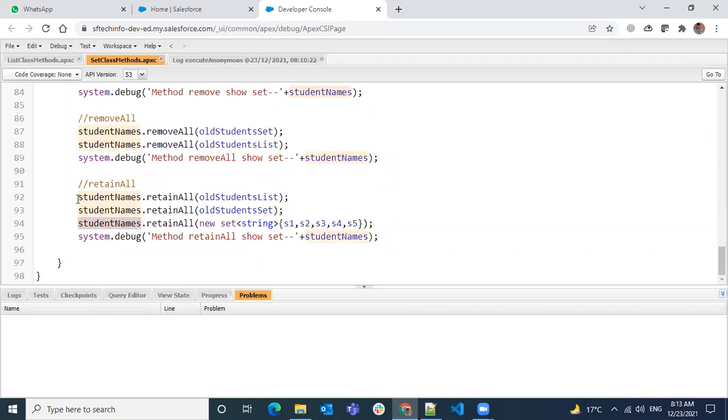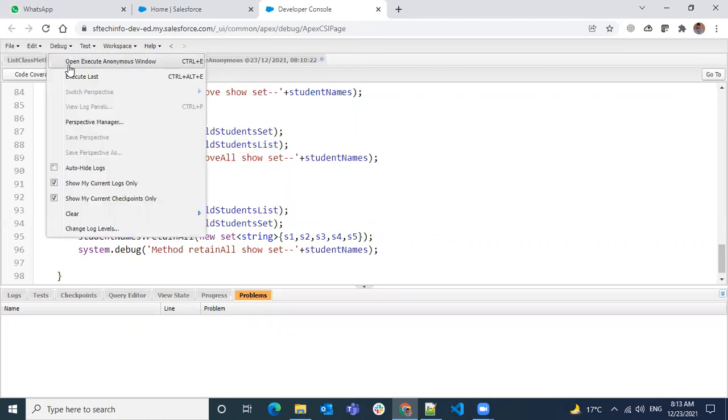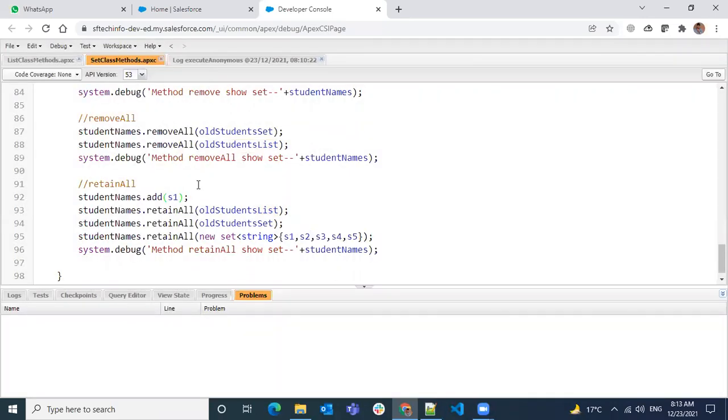So let's say I add any of these values to it, and then if I try to retain, only then is it going to work. So at least it will retain the S1 value now. So I'm trying to execute the last one. The last statement has to retain